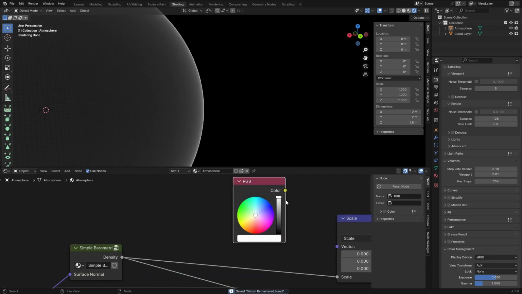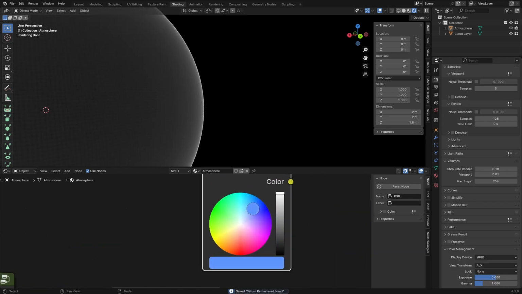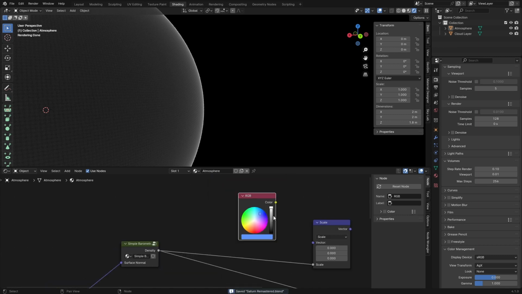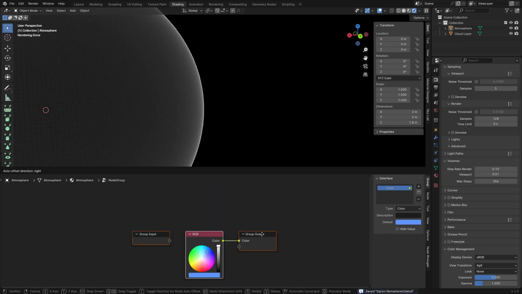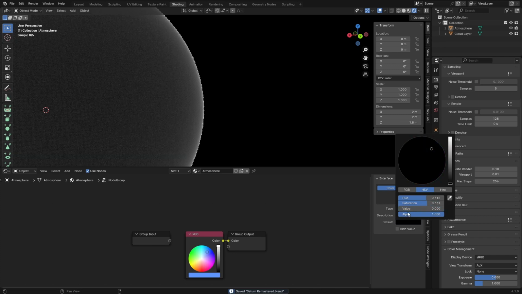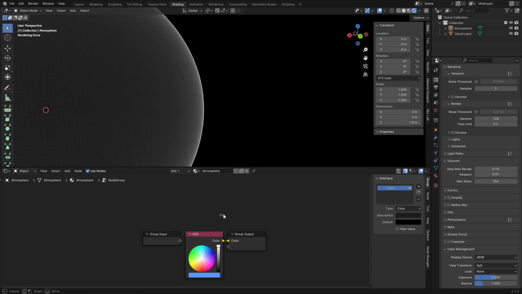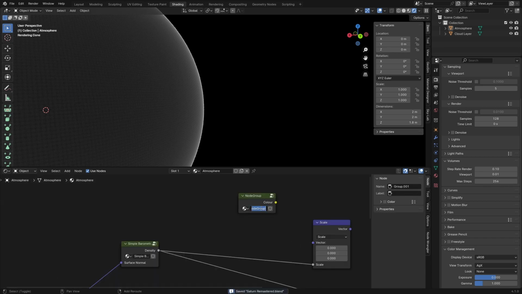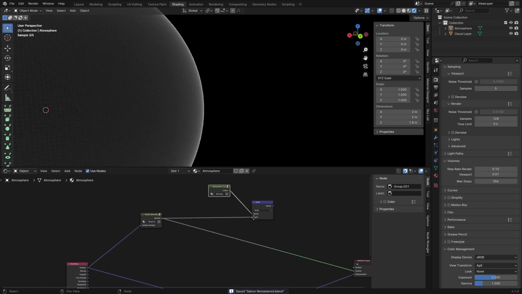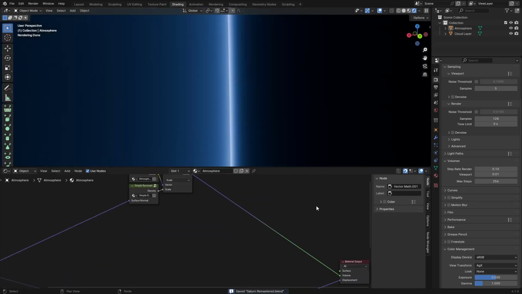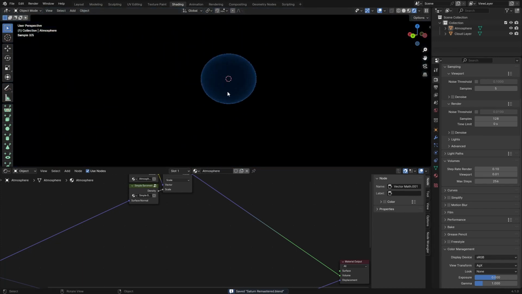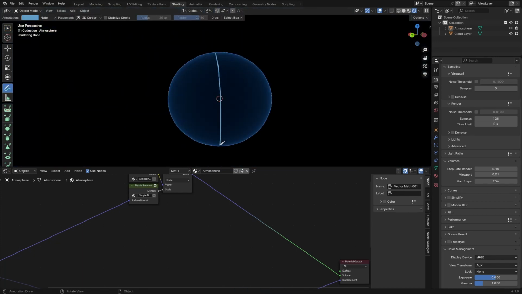Take an RGB node and just set it to around this color. That's around Saturn's atmosphere color. It's got a very Earth-like atmosphere. And group this. We'll just call this color. This is the atmosphere color. Now if we plug this in, every volumetric medium, for example, this one, the terminator line would probably be around here,